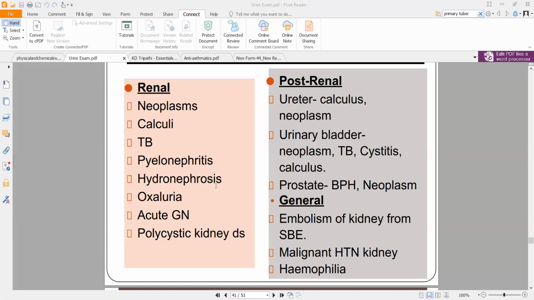When a patient gets TB, it will have three fates. Either it will stop, at one point it will make scars and stop in your lung itself, or it will progress a lot in your lung itself, causing extensive damage to your complete lung. Or the third scenario, where it will not just damage your lung, it will start damaging your other organs. That particular third type is your miliary TB. It is called miliary, M-I-L-I-A-R-Y.